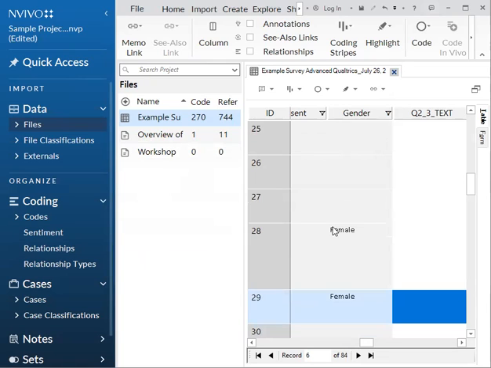Keep in mind, once it's filtered, if you're running any queries or trying to look at anything else in your data, you really need to make sure, if you're not trying to filter it, you unfilter it and clear that filter. So once you are done using the filter, please make sure you clear it, or you may have trouble later seeing all of your data.